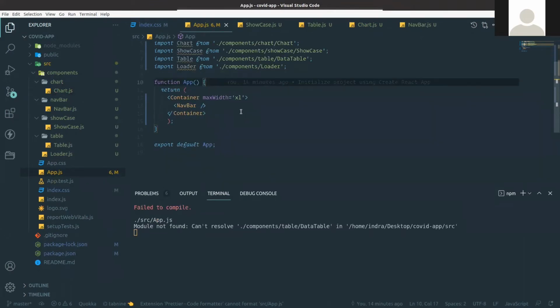So I bring all those files into that app.js file.